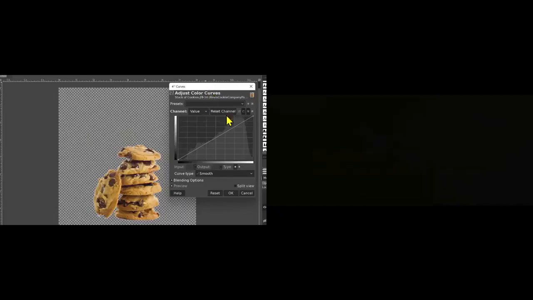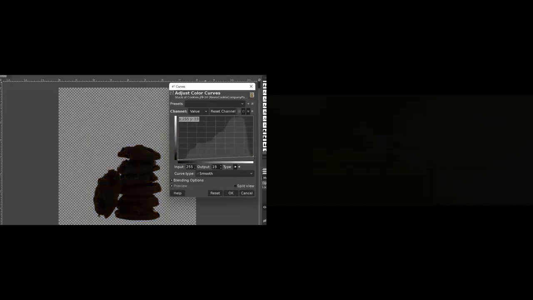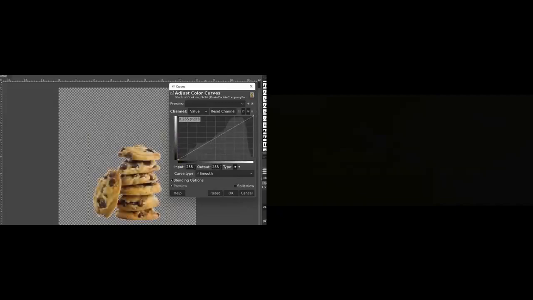Let's take an example. So here, for instance, I have all my light colors, and let's say I want to make them darker. Here I could drag this point and I could drag it down. And as I drag it down, you can see that I'm moving down this bar and the entire image is getting darker. So all my lights are becoming darker. I'll pull that back up. Let's say I want to take all of my darks and I want to make them lighter. I could click on this icon and I could drag this up, and you see my entire image is becoming